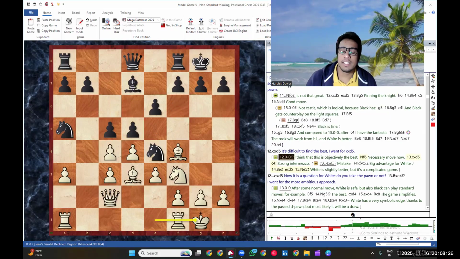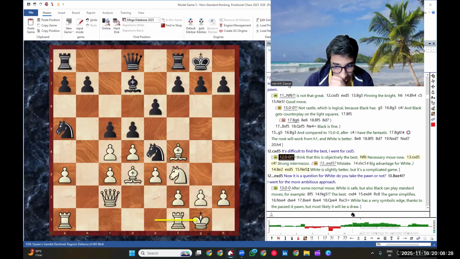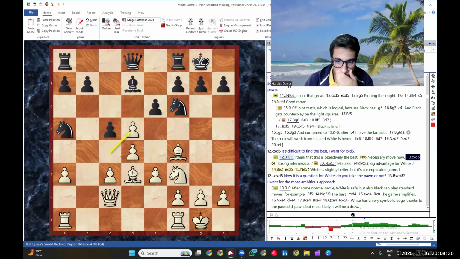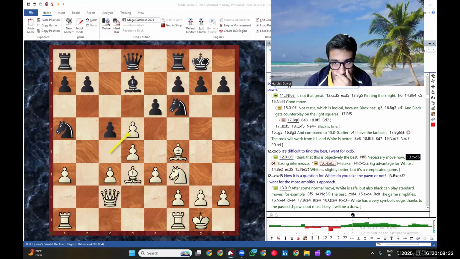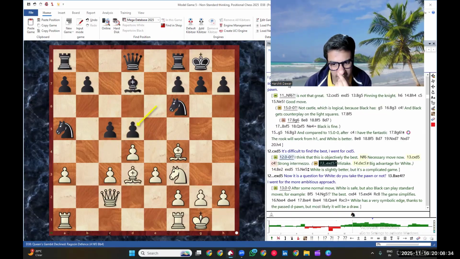I think that this is objectively the best. And knight f6, a necessary move. Now cd5, and we have a very nice intermezzo. Not to go for a typical ed5,